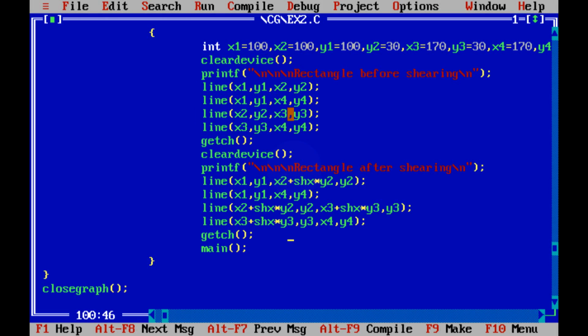Ultimately we have a rectangle, and the machine waits for the user to press a character. Then we clear the device and say rectangle after shearing is. As I said, for the x-axis we add the shear factor into the y.